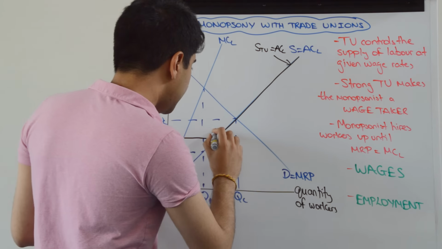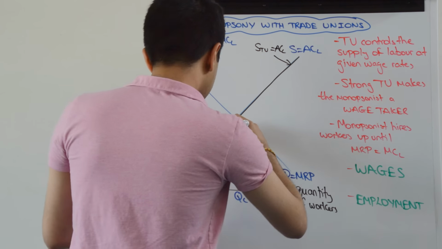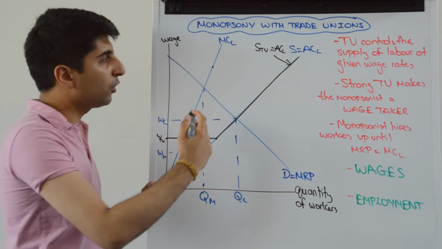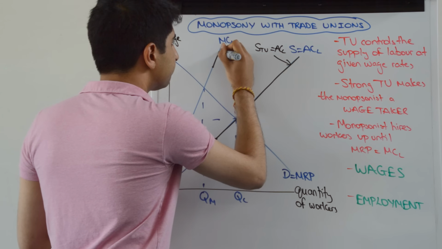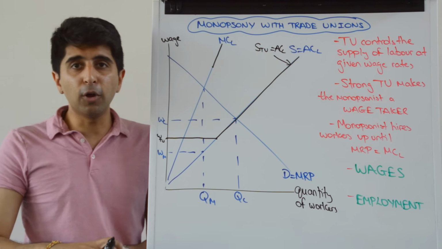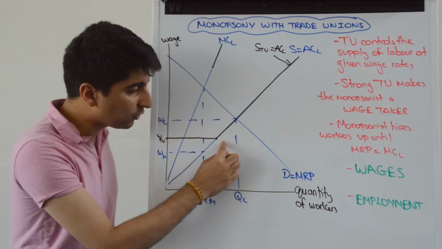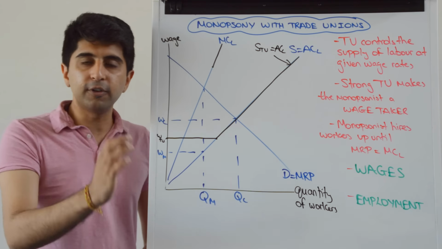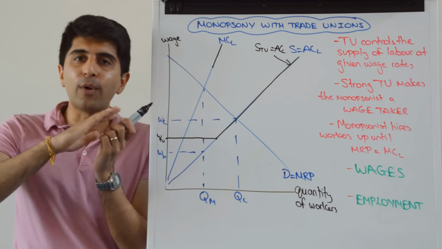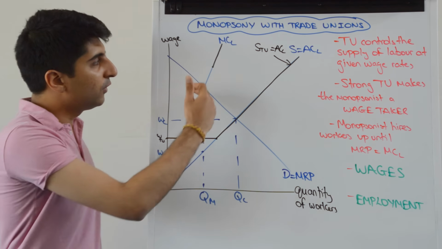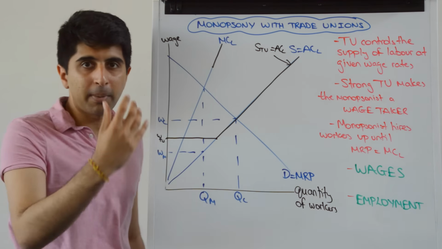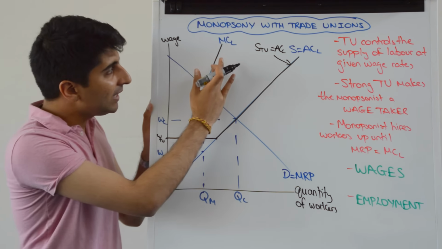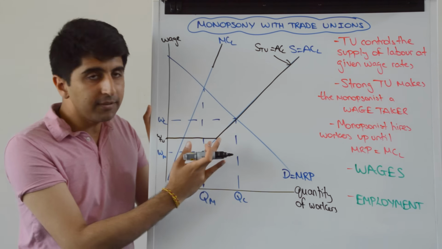So this black dot here, the marginal cost of labour was there. And now the marginal cost of labour goes back to its original. Because again, the monopsonist doesn't just increase the wage of the next worker to attract that worker to work for the monopsonist, no. As soon as the monopsonist raises the wage, they have to raise the wage for every worker working for them. So the marginal cost of labour curve now goes back to the original, much, much higher, a big jump, of course.